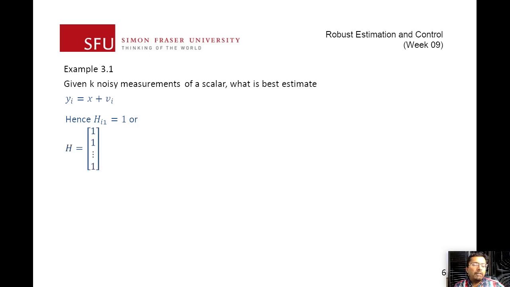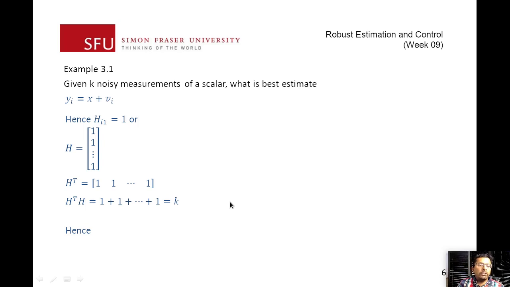So that means if I write my H matrix, that's going to be just 1, 1 all the way to however many measurements you have. If I calculate the transpose, H transpose, that is just the same ones, but arranged in a row format, so it becomes 1, 1, 1 in a row. So then if we recall, what we need to do is calculate H transpose H. That just becomes 1, 1, 1, 1, and this has k elements, this has k elements. So if you add 1 k times, you just get k.